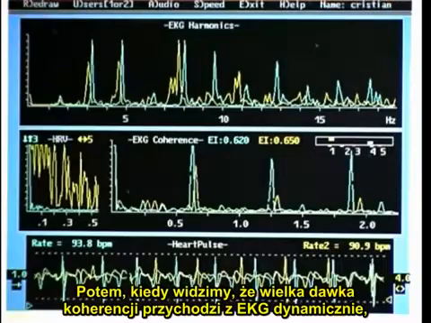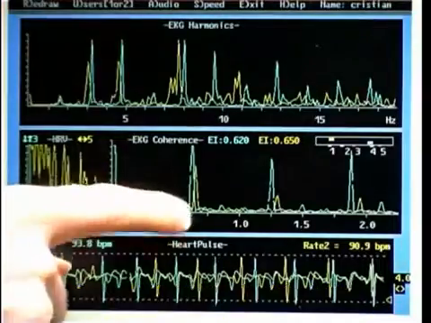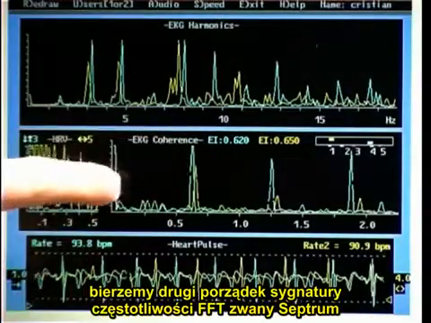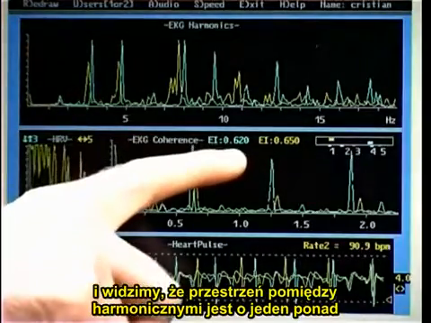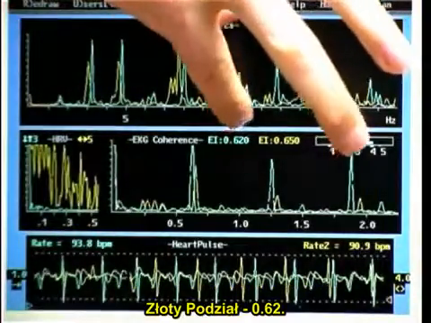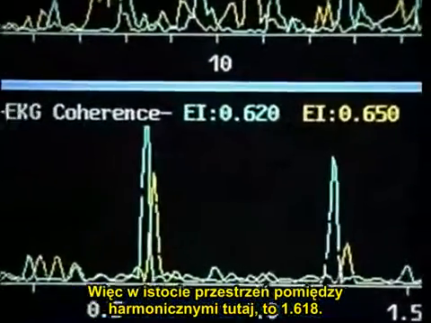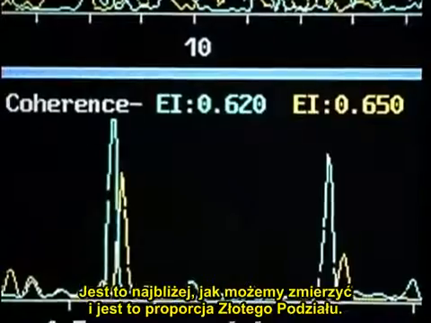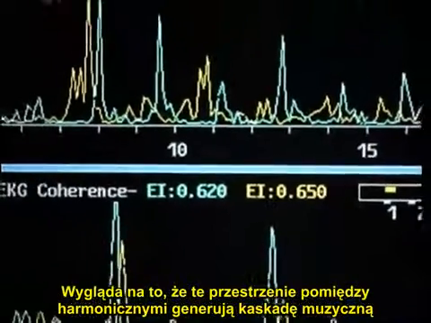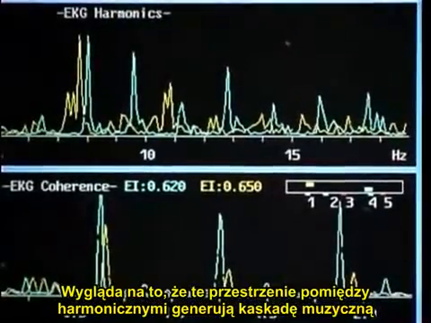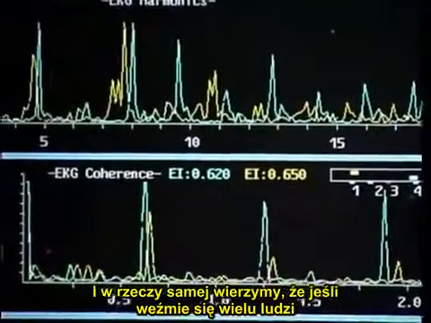But then, what we see is when a great amount of coherence or music does come from the EKG dynamically, if we take the second order frequency signature, FFT, called cepstrum, we see that the space between harmonics is 1 over the golden mean ratio, 0.62. So, in fact, the space between these harmonics here is 1.618, as close as we can measure, which is the golden mean ratio. So, it appears that this interstitial spacing between harmonics is generating a cascade musically in the heart, which is very coherent. And in fact, we believe that if we